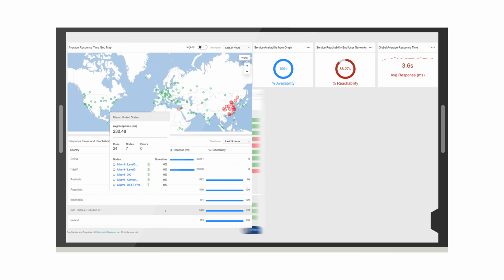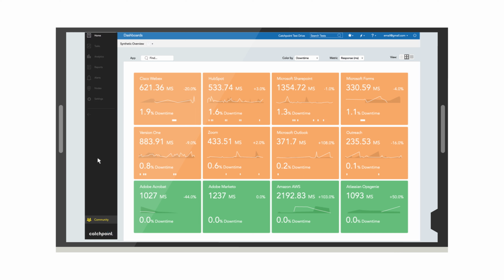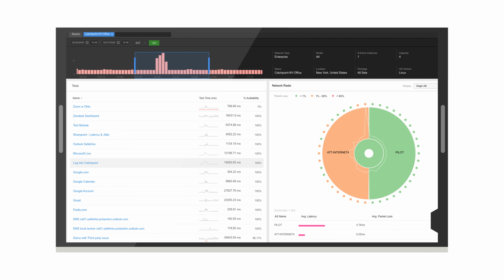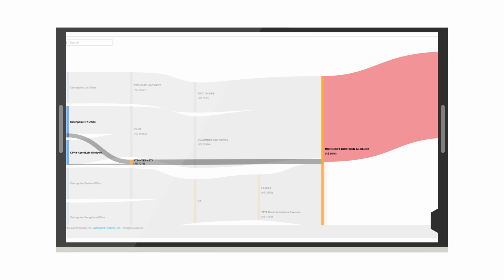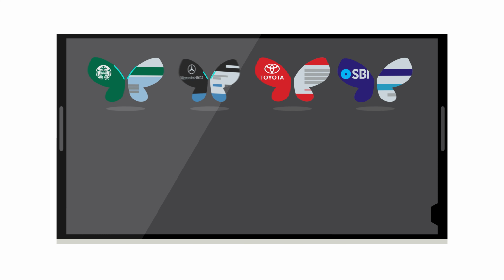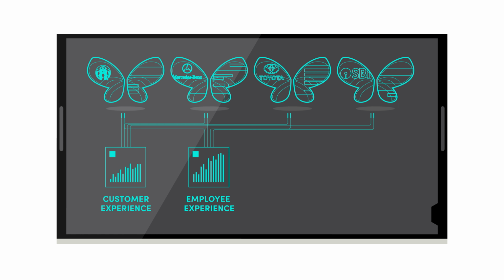This proactive approach lets you spot problems as they develop, before users are impacted. Catchpoint collects and analyzes its vast data and turns it into actionable insights that help your business ensure your users enjoy the very best digital experiences possible. In summary, Catchpoint can help you measure and exceed your digital transformation goals by observing customer experience, employee experience, performance of all networks, and performance of all your